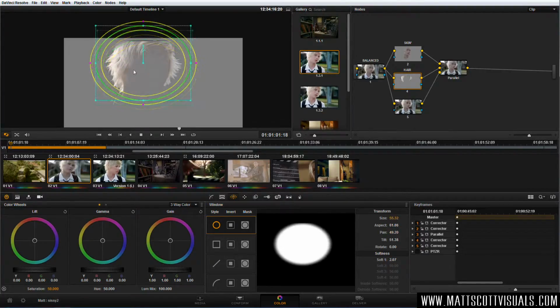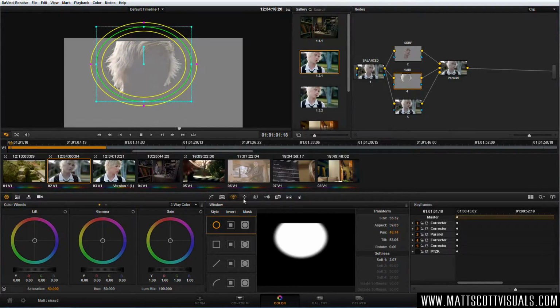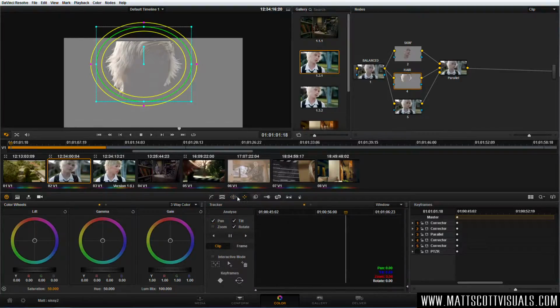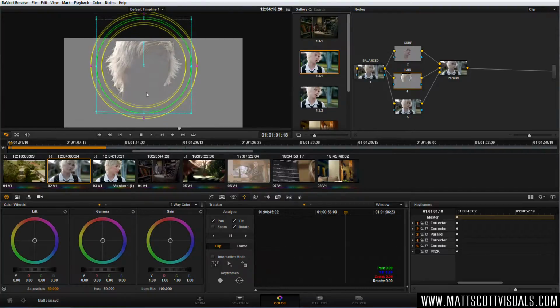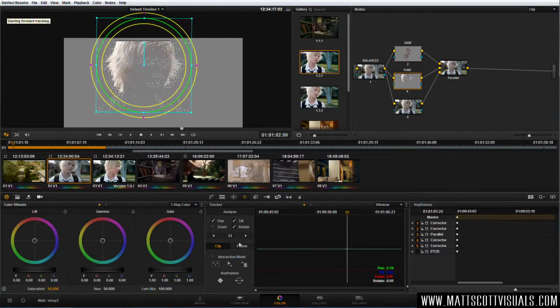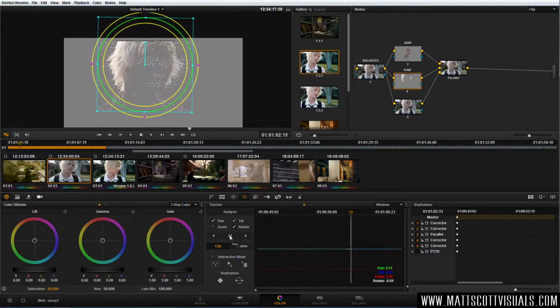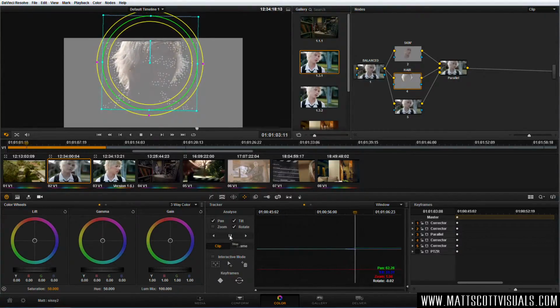And we just sort of plonk it there. And once again, just go to the tracking palette, turn off the zoom for this particular shot. And now all we do is just press play and just analyze the frame. So it's going to do a very good job of that, I assume. And hell yeah, it is. So once you've tracked that,